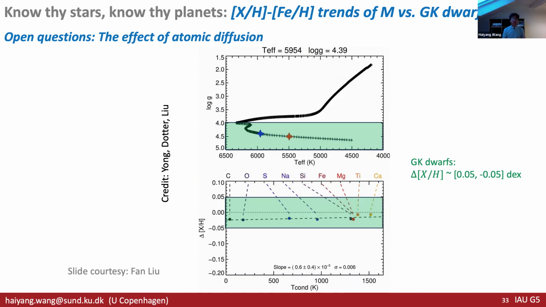Another thing to consider is atomic diffusion, because for M stars and GALAH we have different levels of atomic diffusion. Here it shows an animation for GALAH with the high precision analysis. You might see that if we focus on GALAH, the effect of atomic diffusion is within the range of 0.5 plus or minus regime.